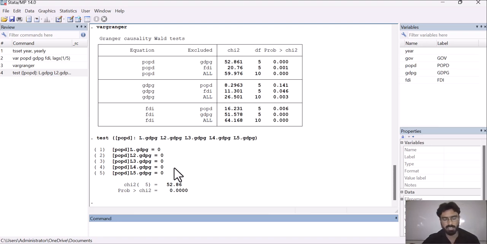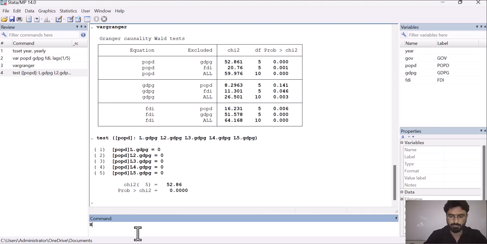H naught is that all of these lag values are 0, and the alternative is that all of these values are not 0. When we say that all of these values are 0, it means that they are not jointly affecting our dependent variable.